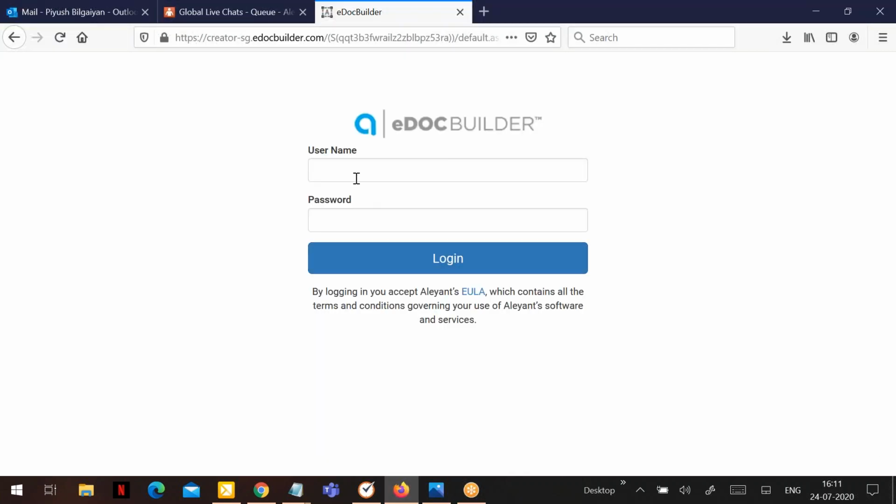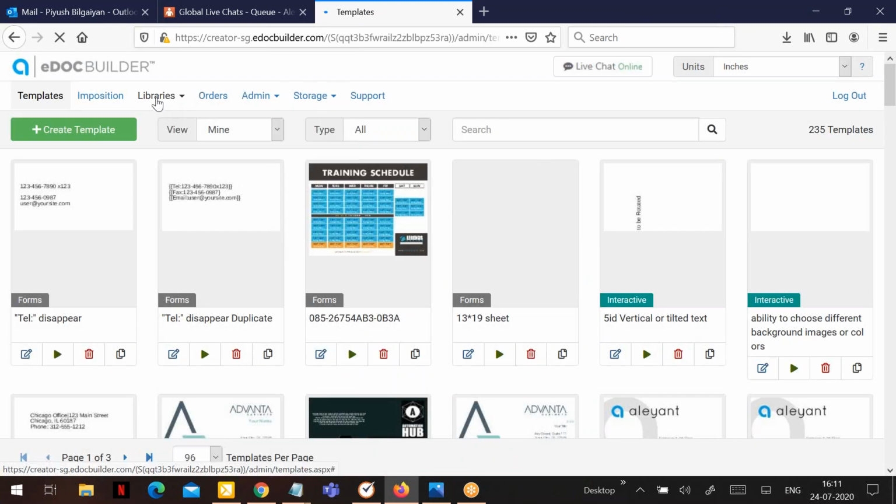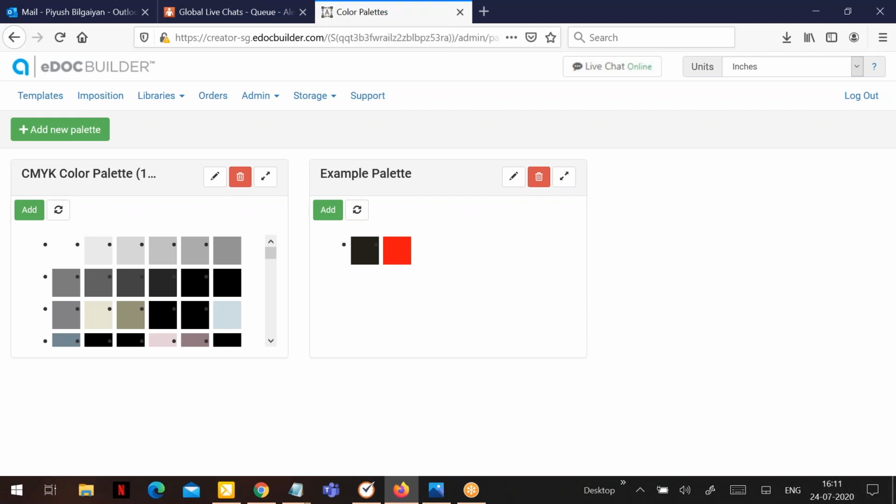Log into your eDoc Builder admin with the username and the password. Once logged in, you will see a third option, which is the libraries. From the submenu, select color palettes. In eDoc Builder, you can use color palettes to create multiple custom palettes that you can selectively utilize throughout your